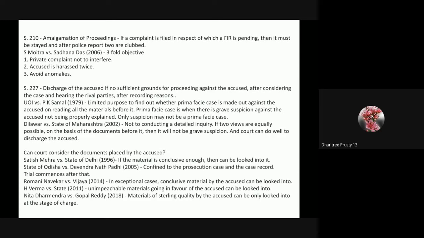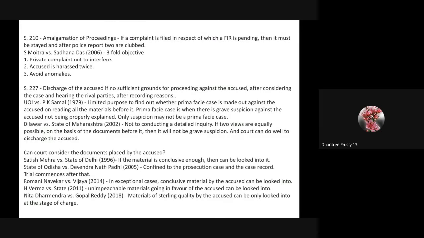Then they may proceed accordingly. In Dilawar versus State of Maharashtra, it was made more clear. In this case, UI versus PKF Samal, it was probably a bit dicey. In Dilawar versus State of Maharashtra, it was made clear that while hearing the question of discharge, not to conduct